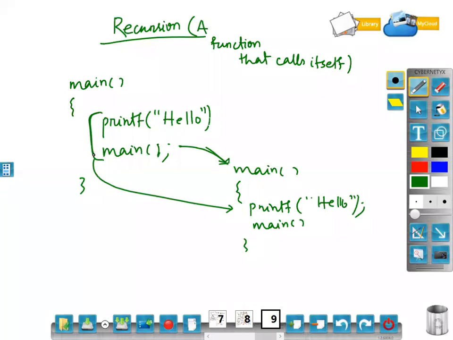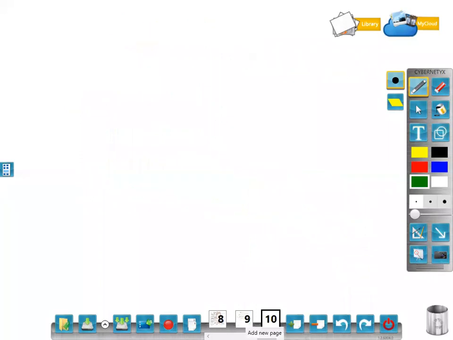Now here, what will be the output? First, it will enter the main. Hello will be printed, first output. Now it calls main again, one more body will execute. Second time, hello will be printed. Again I am calling main, one more time hello. So it's an infinite loop, because no end is here. Every function will call itself, a number of bodies will be there, and every time hello, hello, hello will be the output. The objective of telling this example is that here main is calling itself, which means you are going for the concept of function recursion. Clear?